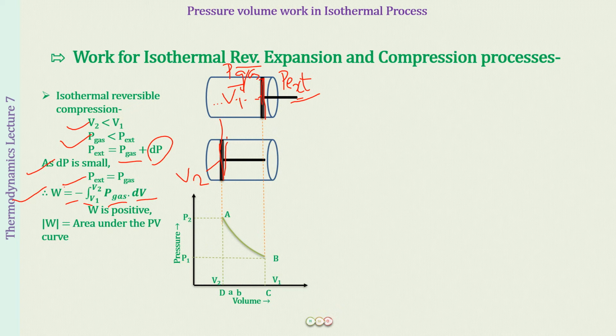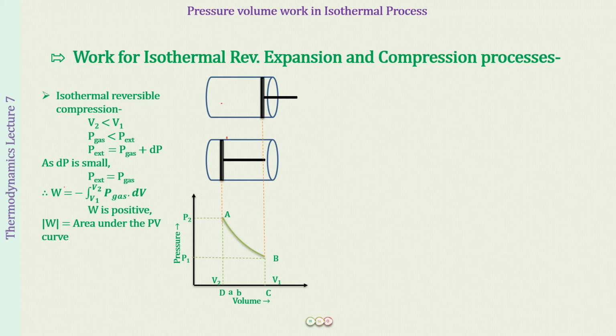So I hope this is all clear. We've just now done the derivation. Now if it is going to be at the same temperature, you can have the pressure of the gas being replaced by nRT by V, and again the various steps that we just now did, that I have not written over here. So I hope that is going to be clear to you, how further you can move with this. So the same expressions you can write over here also. The difference over here that you have to remember is that here we have V1 greater than V2. So the delta V value or the dV value, well, this is going to be a negative term.